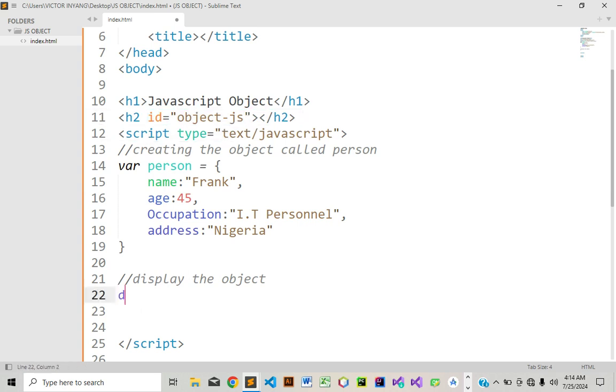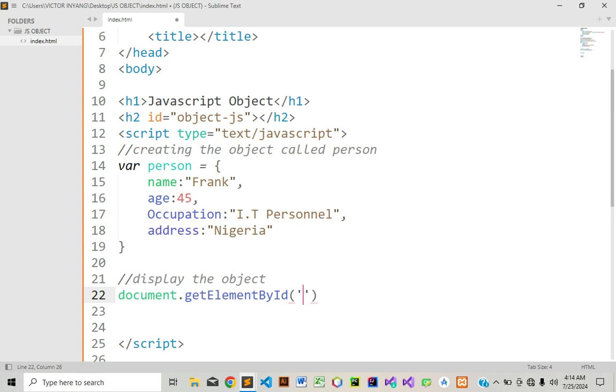Then we'll say document.getElementById, all must be in camel case. So document.getElementById, then the ID up here, which was object-js, very quickly, dot innerHTML,